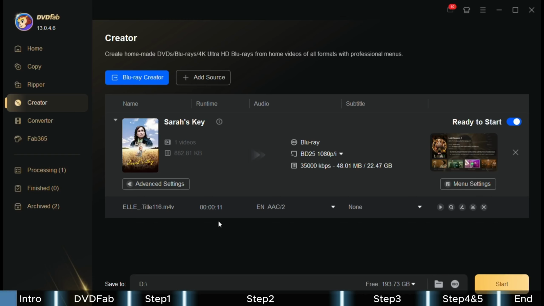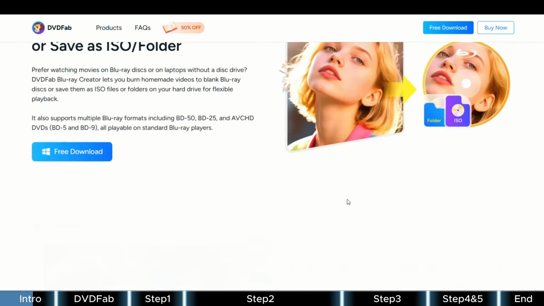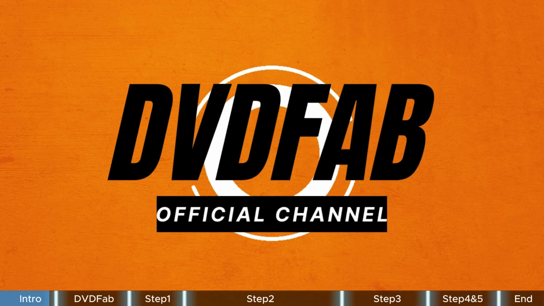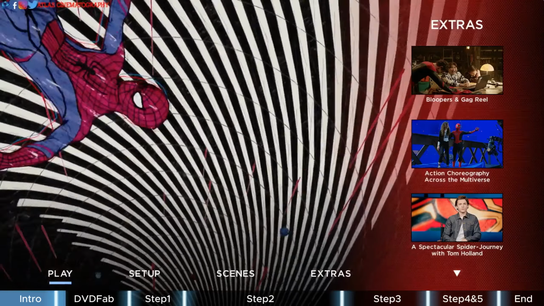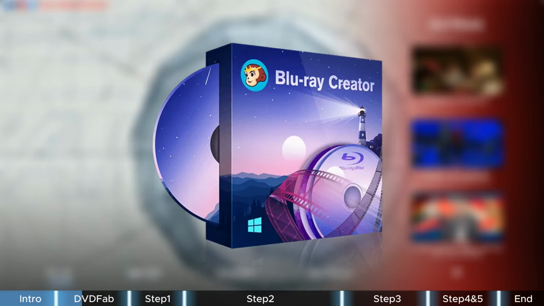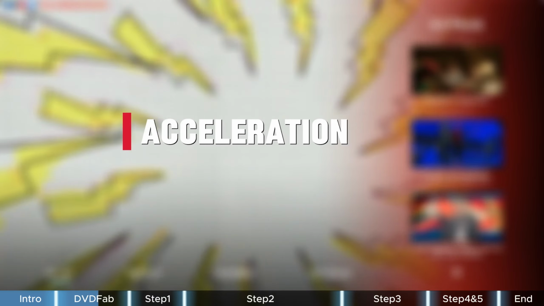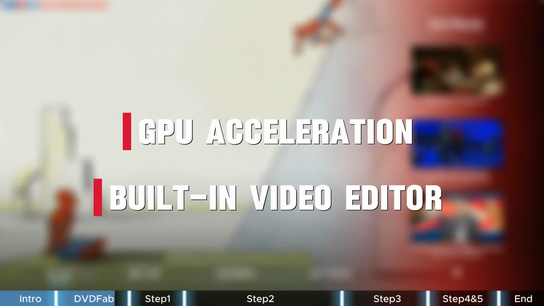Today, we're diving into how to build a sleek, fully customized Blu-ray with a pro-level menu using DVDFab 13. Menu navigation is the gateway to a smooth and enjoyable playback experience. With DVDFab Blu-ray Creator, you can easily design your own stylish menu with just a few clicks. It also packs GPU acceleration for faster performance, a built-in video editor for easy customization, and more smart features to